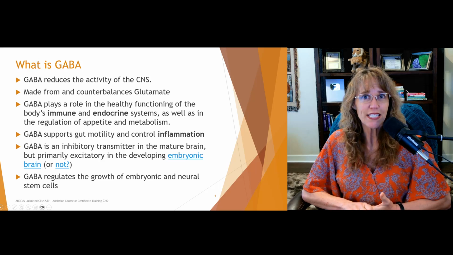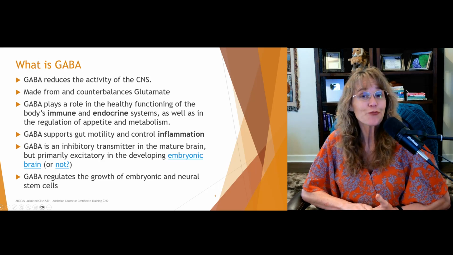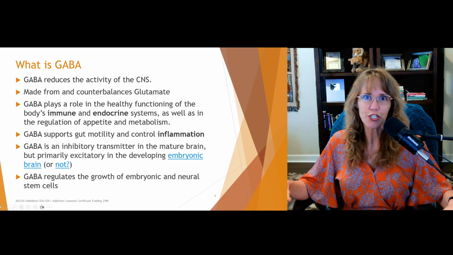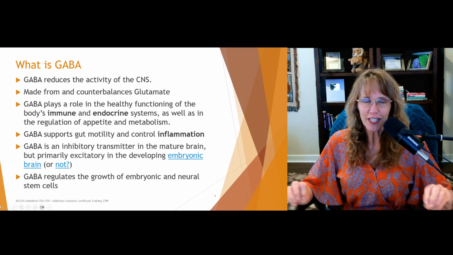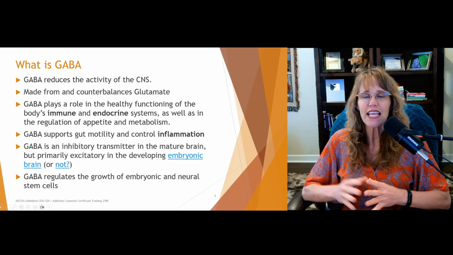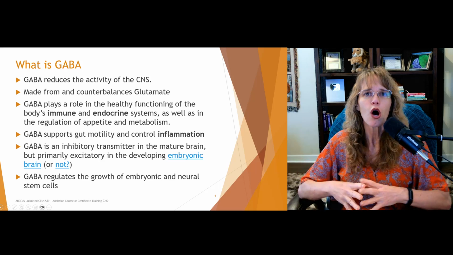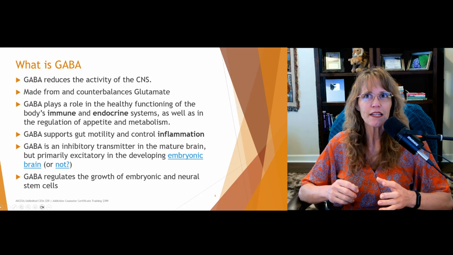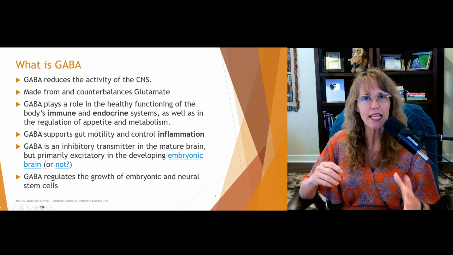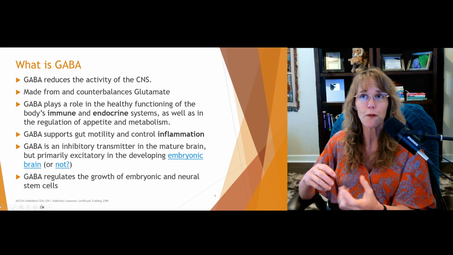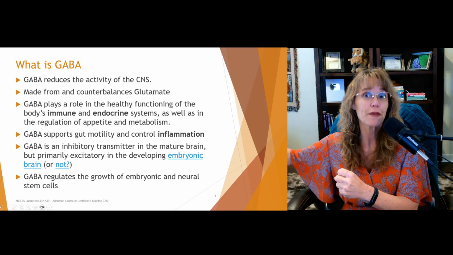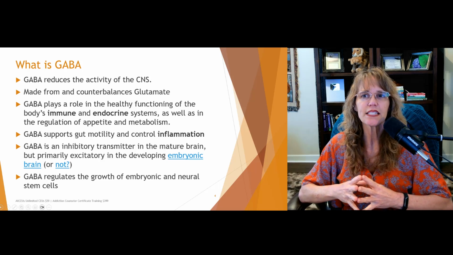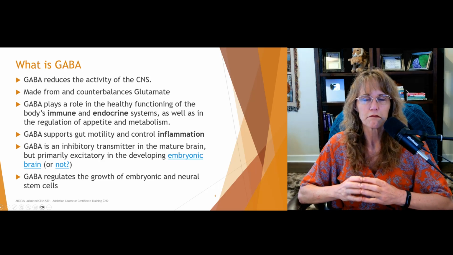When somebody drinks alcohol, GABA is released, which is why they start to feel kind of good and kind of relaxed. Unfortunately, the alcohol leaves the system more quickly than the body can rebalance and keep up with the GABA levels. So people start to feel anxious as they sober up, if you will, because their GABA levels are plummeting.